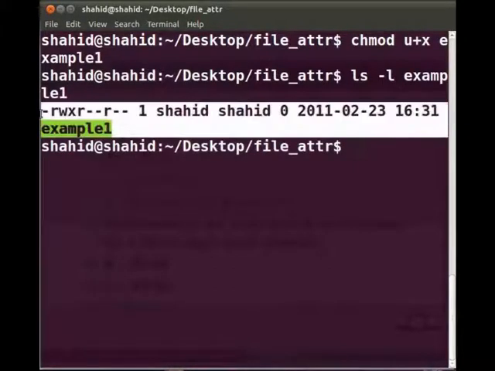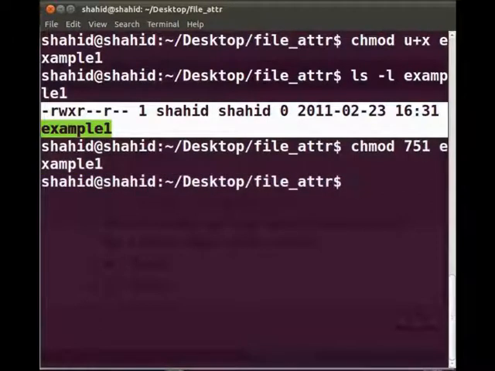Here you can see read, write and execute permission assigned to the owner, read and execute permission to the group, and execute only permission to others for file example1. Now type the command chmod space 751 space example1. Press enter.